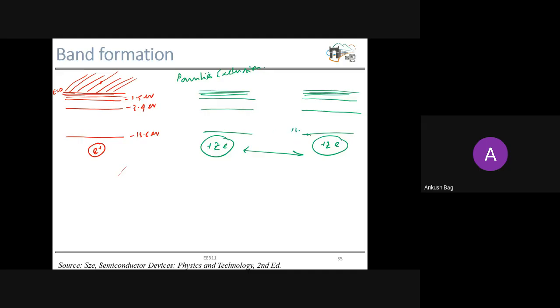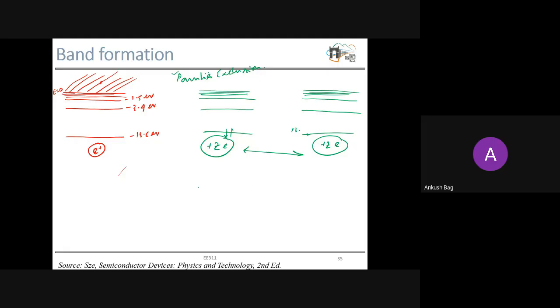So the electrons which will take this energy level will be a little different, because of Pauli's exclusion principle. No two electrons will have the same quantum number. For one particular energy level, it can have two states, spin up and spin down. But here you have a lot of electrons, so there will be a split in energy levels. So what will happen when we have this split in energy level?